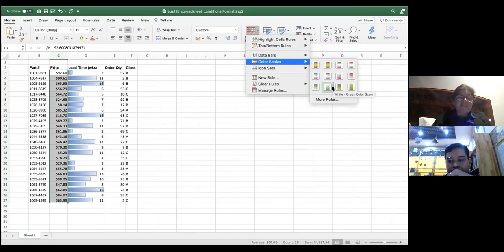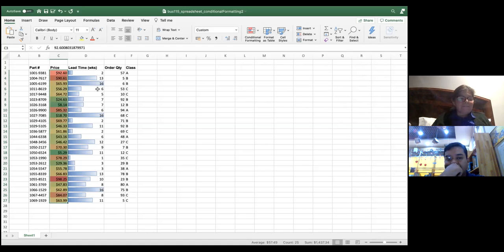The way color scales work is it changes the color of each cell according to its relative value in the list. The most common is the first one, the green, yellow, red color scale. But I'm going to choose it in reverse order, with red in the top, yellow in the middle, and green in the bottom. Okay, I select this one,